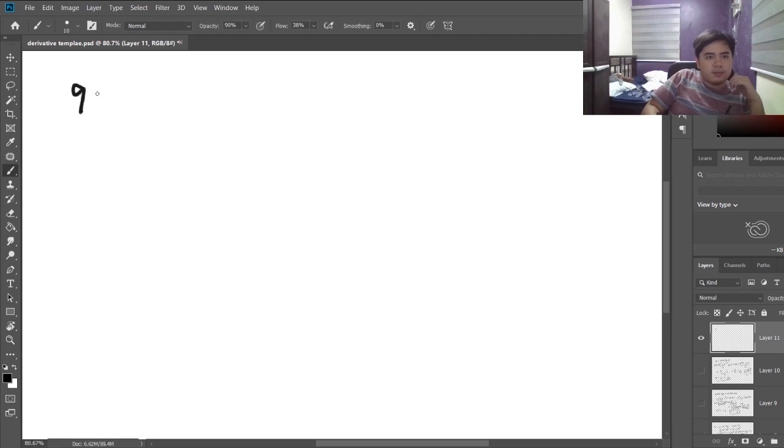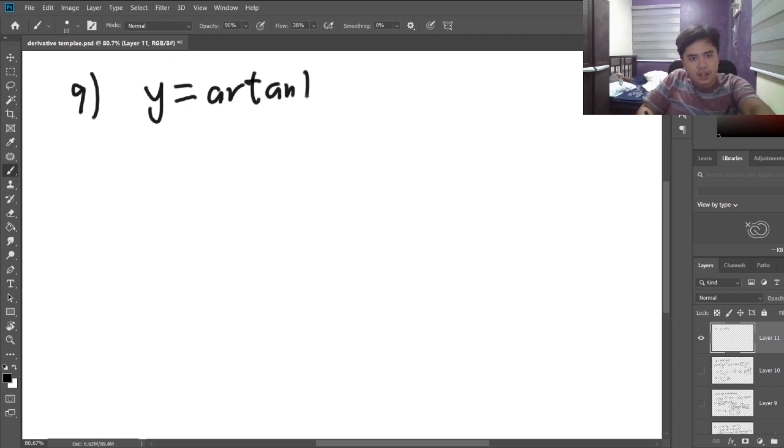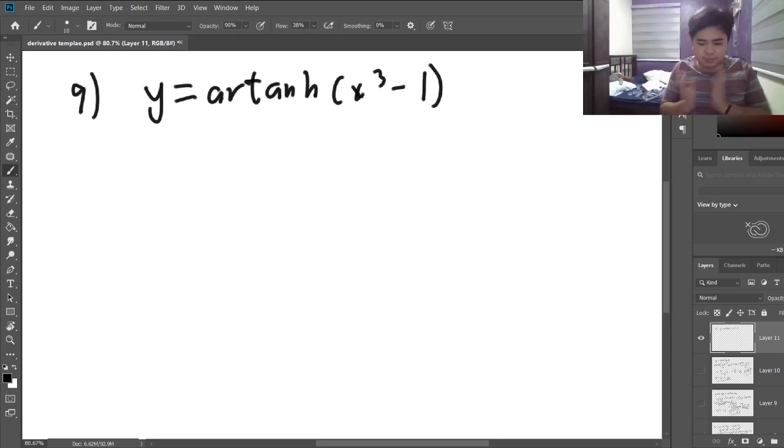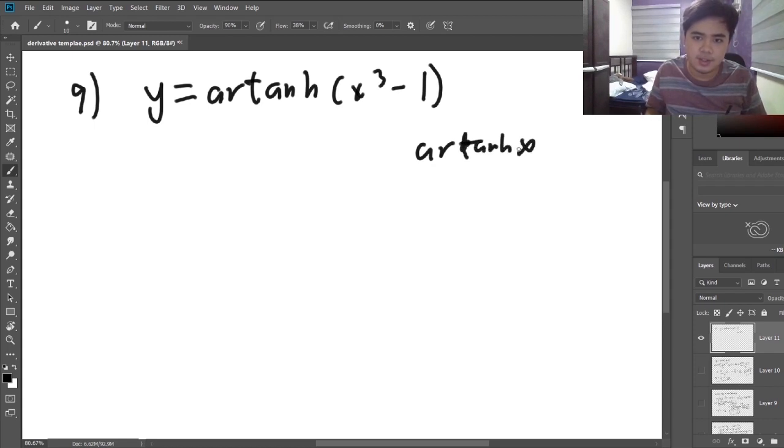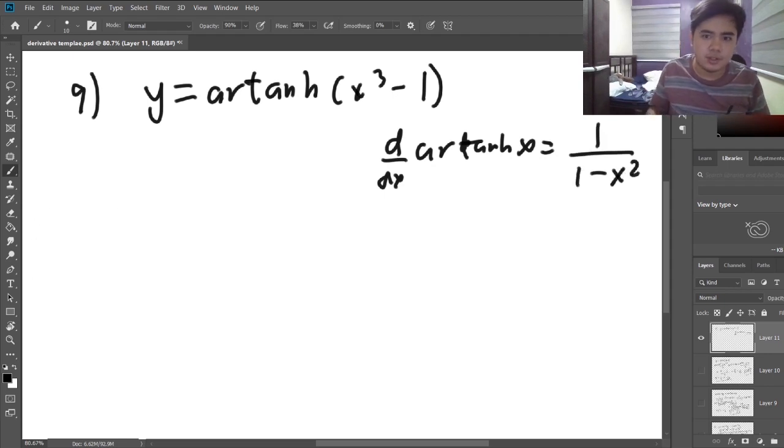Question number 9. Y is equals to AR hyperbolic tanh of x cubed minus 1. I like this question. So, what's the AR tanh again? So, refresher, AR tanh, a derivative of this is equals to 1 over 1 minus x squared. Alright? So, let's put x cubed minus 1 into the input, and then let's see how it goes. So, we get